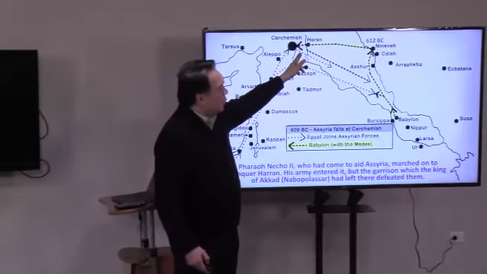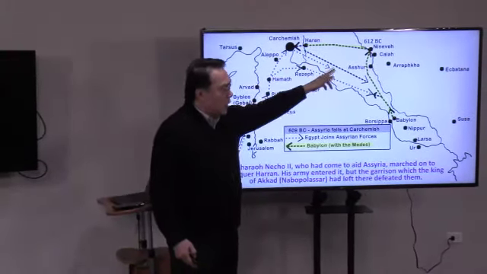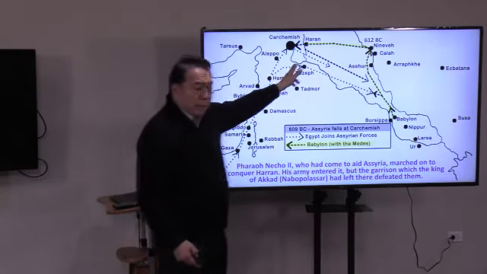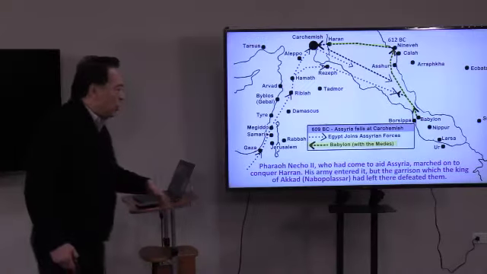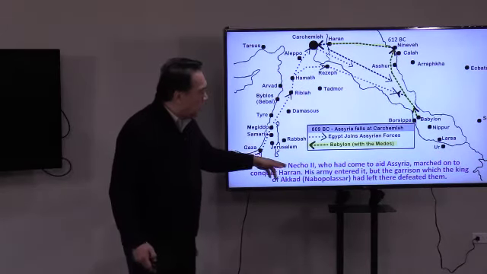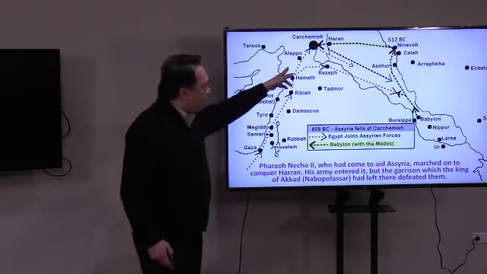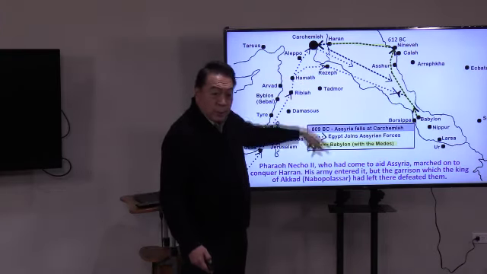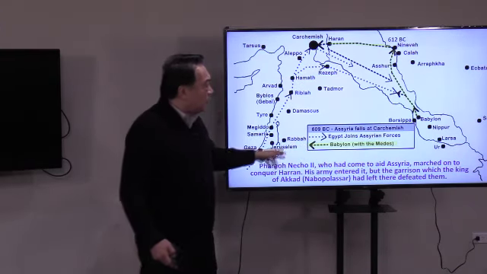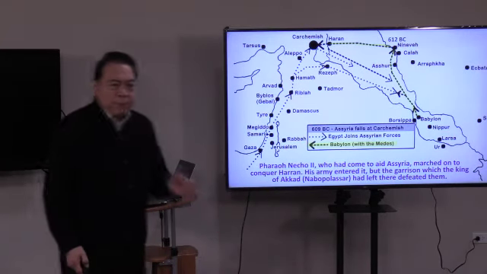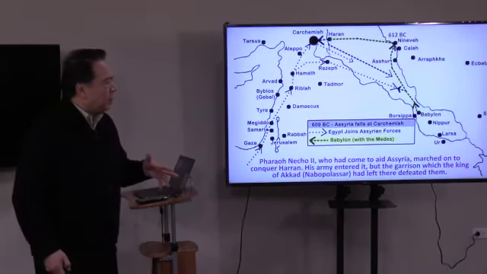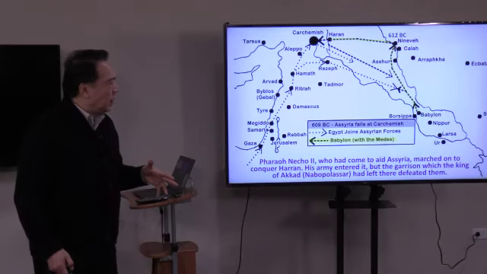When they retreated into Haran, the Assyrians and the Medes pursued them to go over there. And remember, I told you that Pharaoh Necho II went up to help the Assyrians. The reason for that was because Pharaoh Necho I were good friends with the Assyrians. So he said, okay, you're being attacked by the Medes and the Persians. I will lend you support.